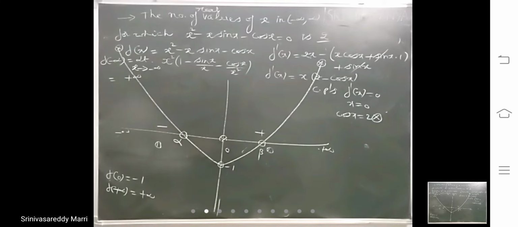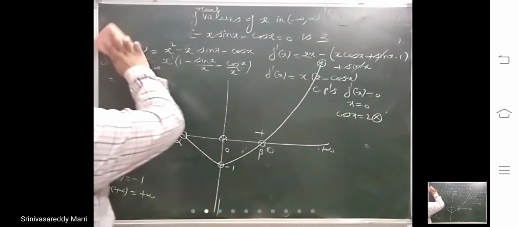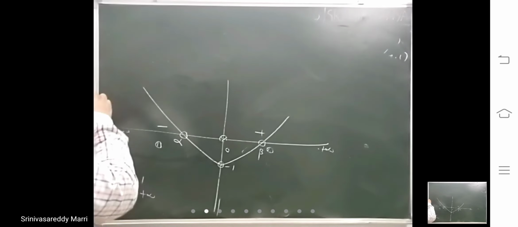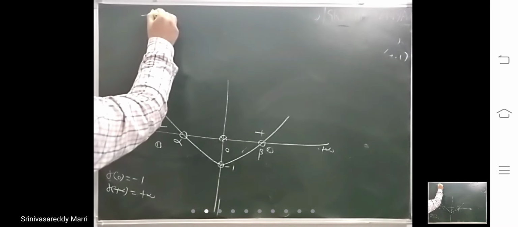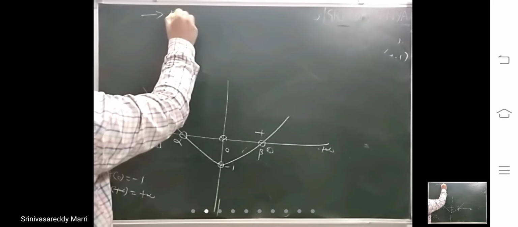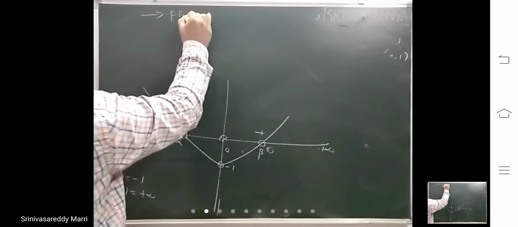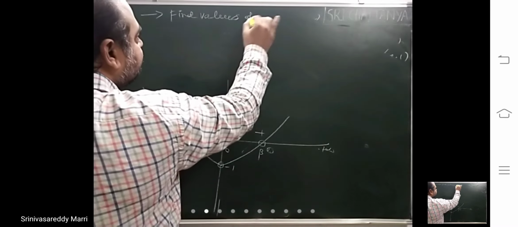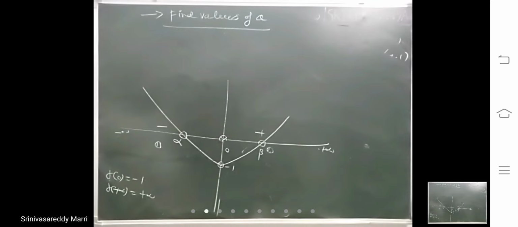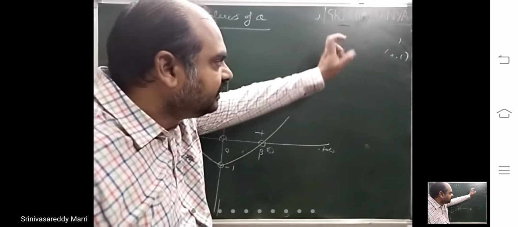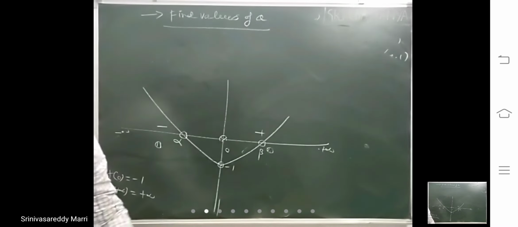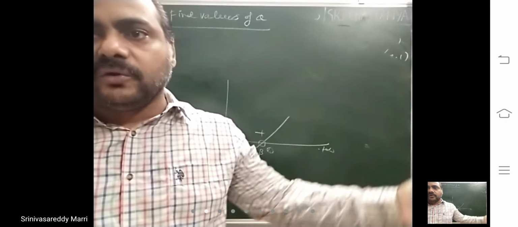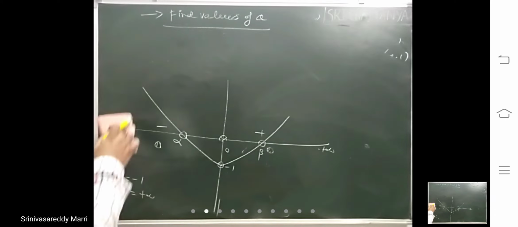Next problem. Look at how the models are: they give that there are such roots or such roots. Find the values of a. Related to roots, he will give, and find the value of a such that f of x equal 0 has 2 roots, 3 roots, 1 root, like that. Like those models, how to deal with it, look at.